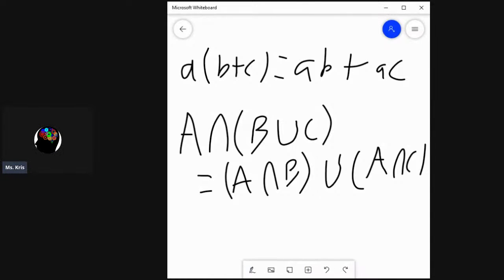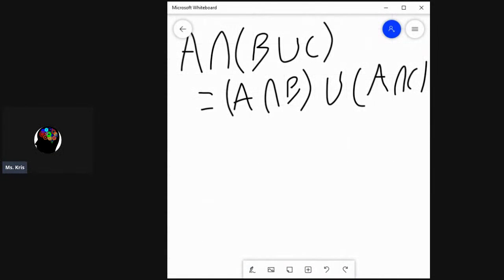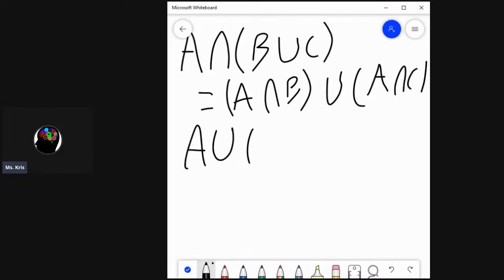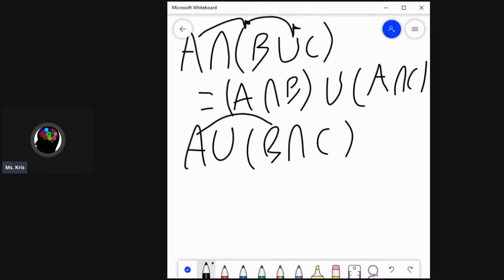Also, union over intersection, where A is union with the intersection of B and C. All I'm doing is distributing, like I did here and here. Same thing goes here and here. All that means is the union of A,